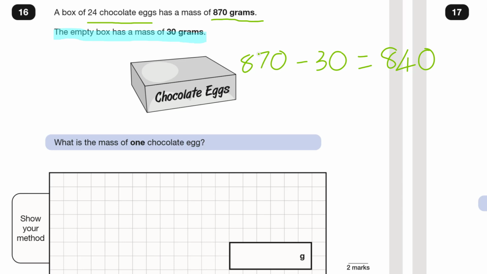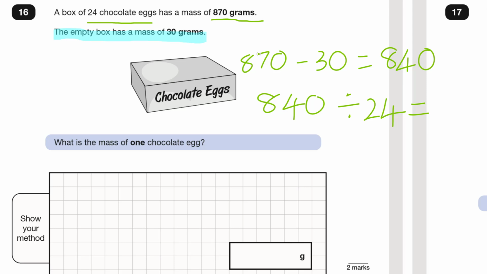So now we've got the total of the 24 eggs, we can divide it now. So we're going to take our 840 and divide that by 24 to get our answer. Now, depending on each year, the mark scheme changes, but in some instances, just writing that out, even without an answer, can get you a mark because you have shown you know what calculation you need to do. So even if you get the 840 divided by 24, it's possible you could get a mark, but it does